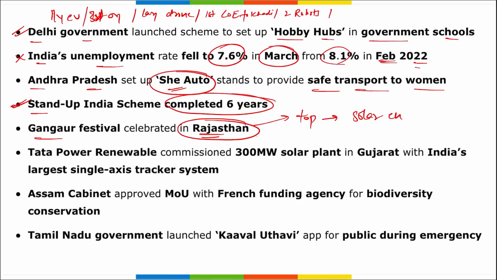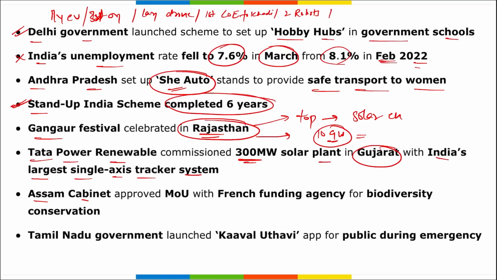All right. Apart from this, remember, if the question asks which is the state that has achieved 10 gigawatt of solar energy capacity, it is your Rajasthan, and multiple more new solar energy projects are coming up in Rajasthan. Rajasthan is followed by Gujarat and Mumbai. Tata Renewables has commissioned a 300 megawatt solar plant in Gujarat with India's largest single axis tracker